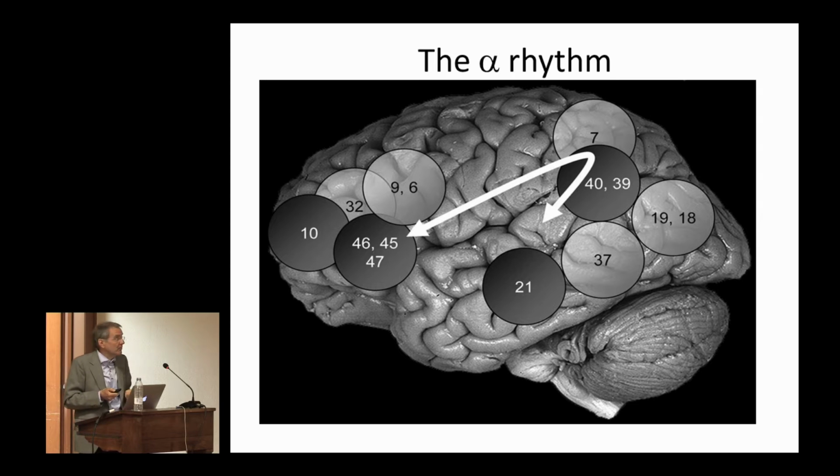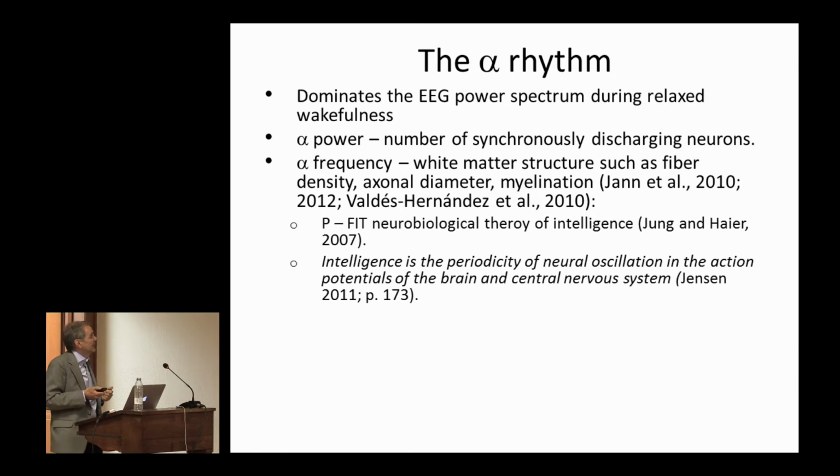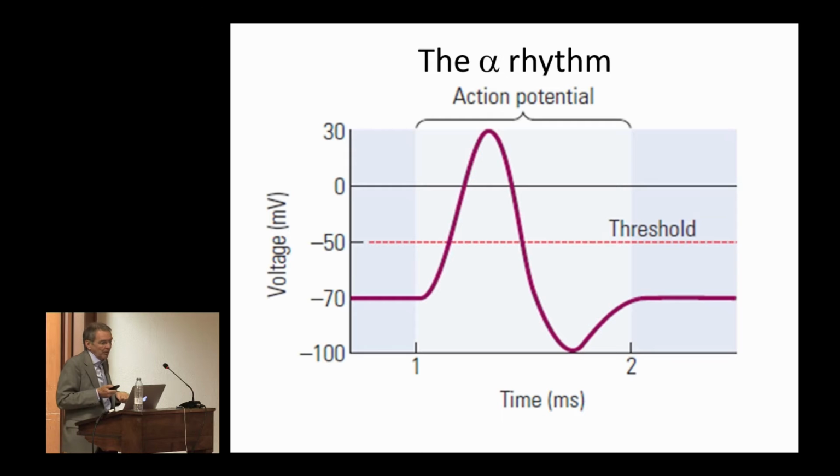The second theory, which is, I would say, my favorite, is the Jensen idea that intelligence is actually the periodicity of neural oscillation. So it is a combination of these action potentials. A specific combination makes you IQ 130, a different one makes you IQ 80, let's say. So, simplistic, and this is an action potential. The capacity is 1 millisecond, and if you have many of these together, they can produce something,